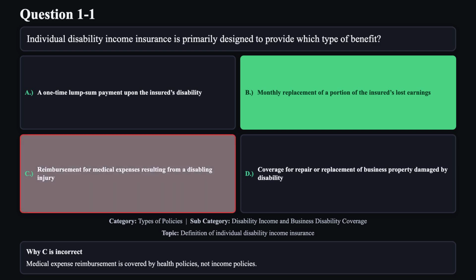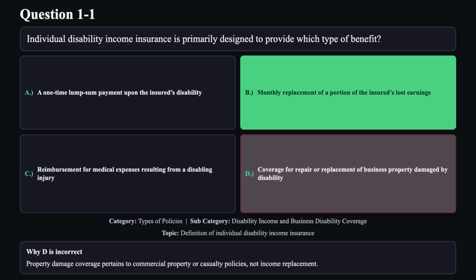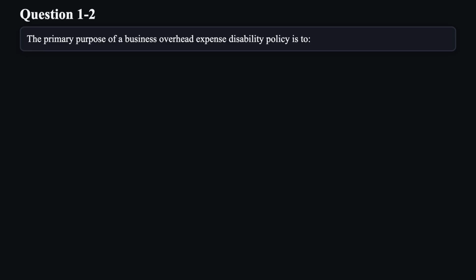Medical expense reimbursement is covered by health policies, not income policies. Reason D is not correct. Property damage coverage pertains to commercial property or casualty policies, not income replacement. Question 2. The primary purpose of a business overhead expense disability policy is to